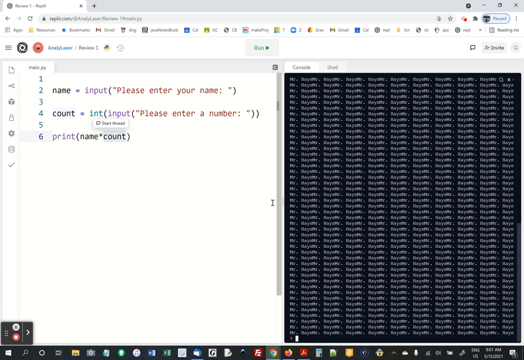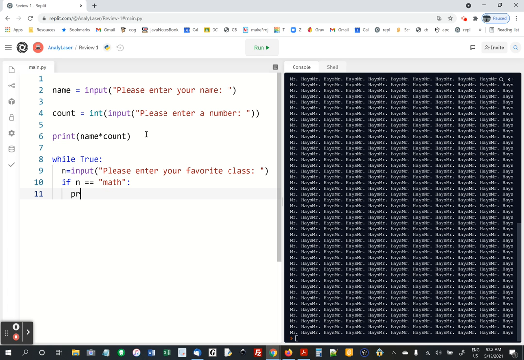there's another while loop. So let's do this. While true, this repeats forever. n equals input, please enter your favorite class. And then if n equals math, print you win, break, else, print try again,